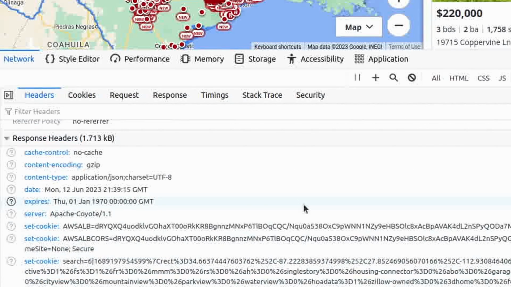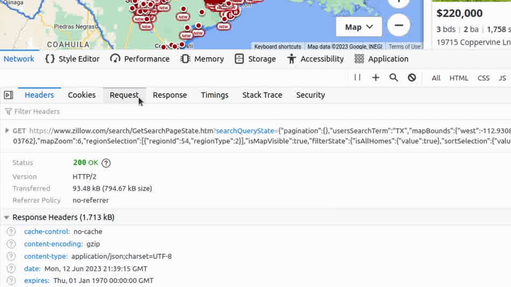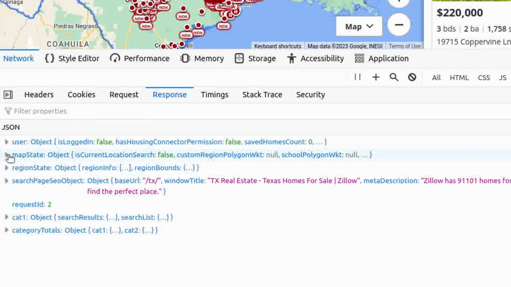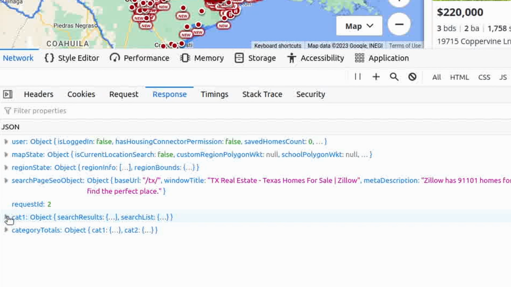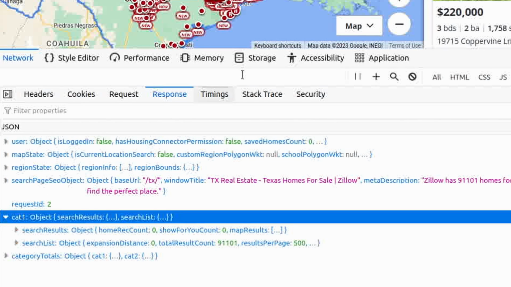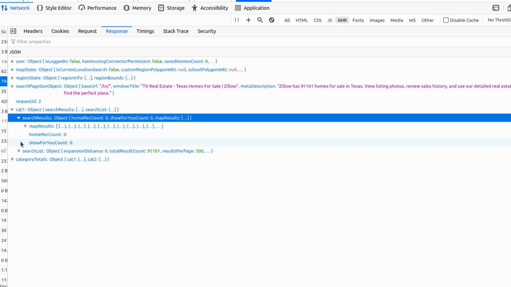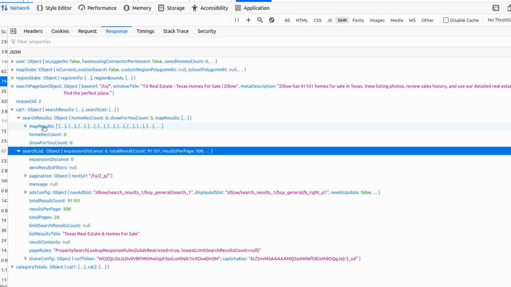And if we want to take a look at what we get as a response from the server, we can look at the response tab. And basically here we get the information that allows creating the website. So it has all the content of these posts. So if we go to this cat1, I want to open this up a little bit. We get these search results, search list, and I mean,